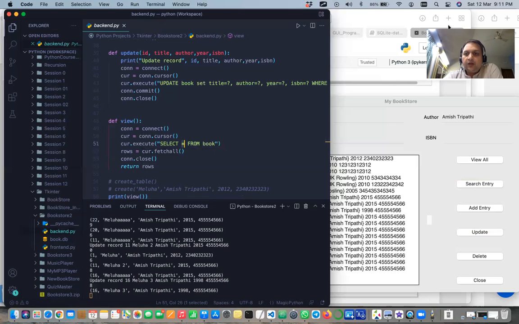Okay, so as I told you, star will get you all the columns. And select star from book will get me all the rows. Why will it get me all the rows? Because we don't have any where clause which is filtering the records. So I know this will give me all the rows, and since there's a star,